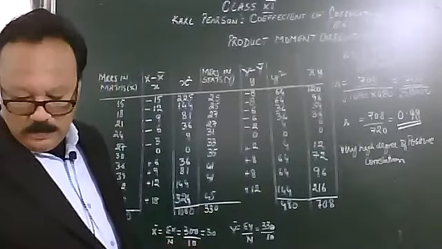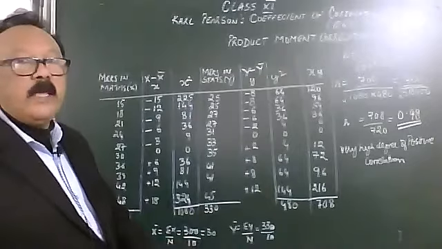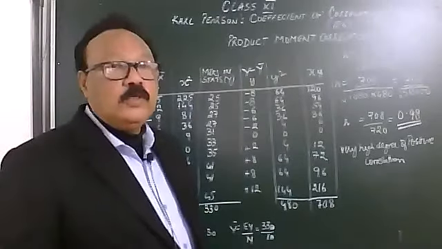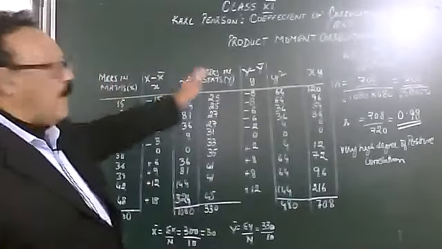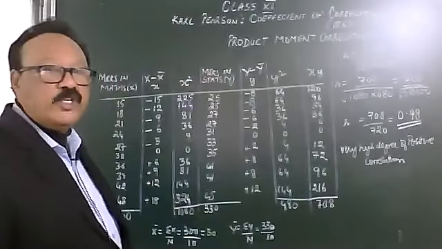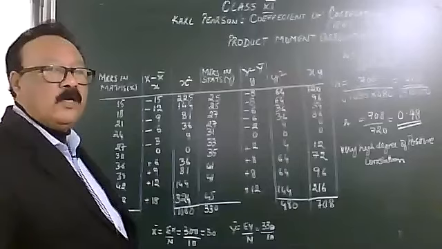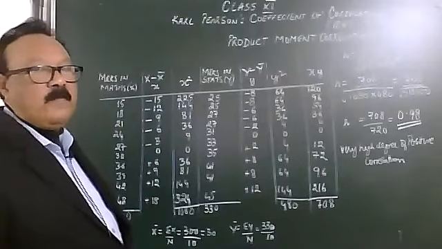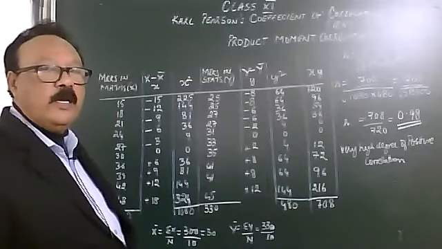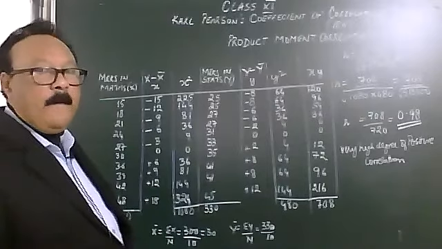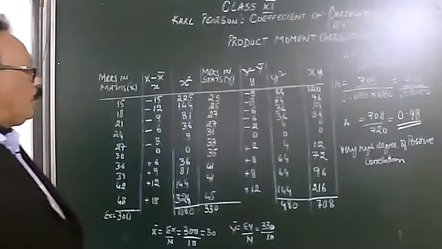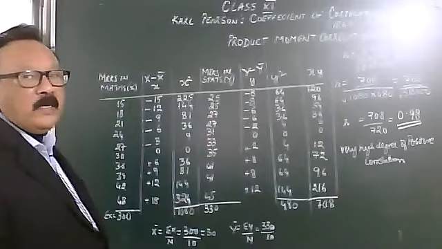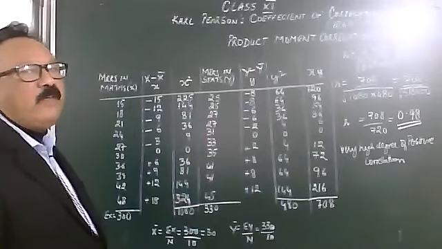Let us have a quick look at it once again. You are given the marks of two subjects, maths and statistics. Pay attention now, so if you have missed out something or not understood something, you can understand it once more. Two subjects' marks are given and we need to find whether there is a correlation between the two. So the first thing that we do when the marks are given, put them down, and we find first of all their means, and from their means we will find their deviations.